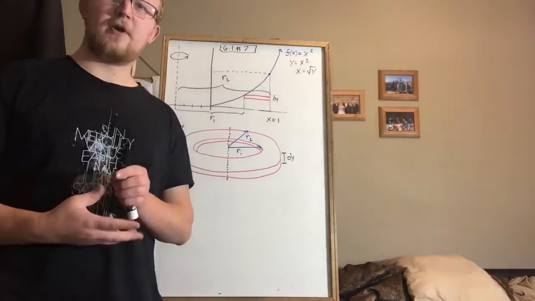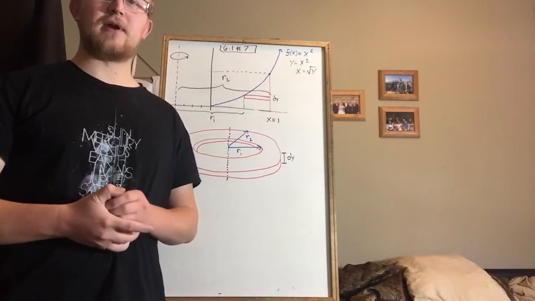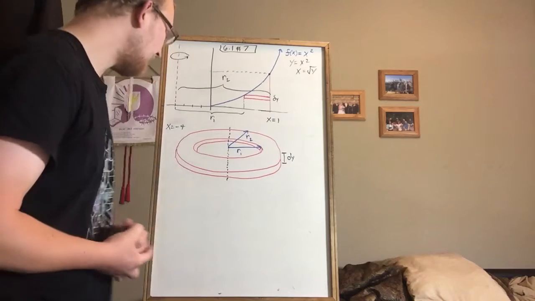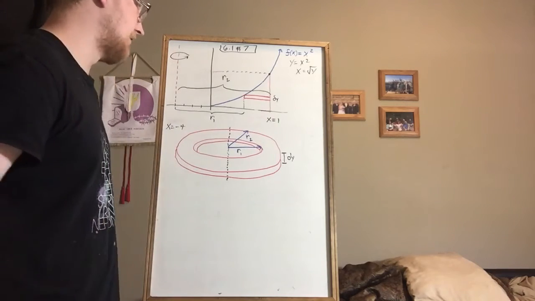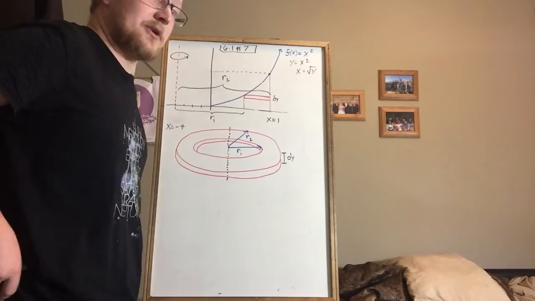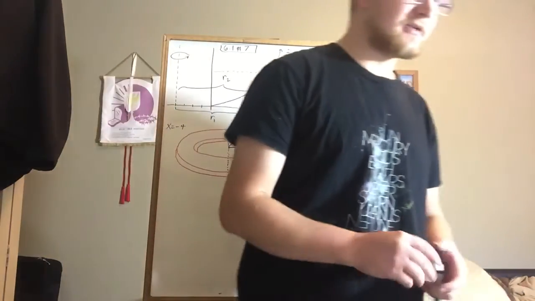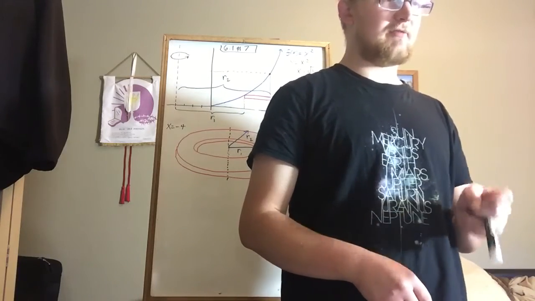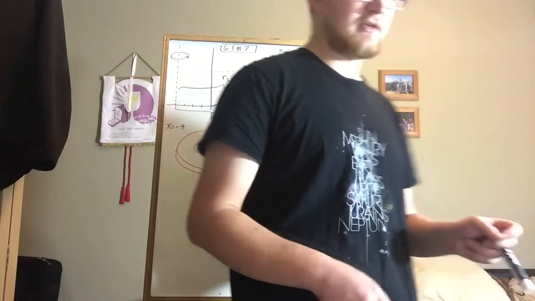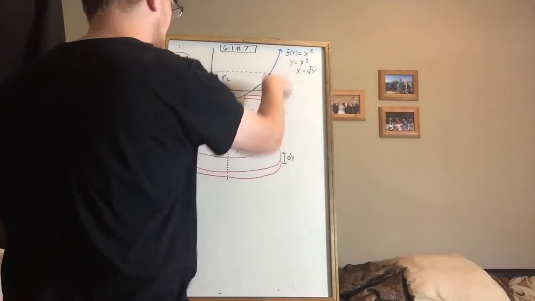Alright, we're looking at 6.1, problem number 7. We're using revolutions of solids and integration in order to find the volume of a symmetrical figure in this case. It says, find the volume of the solid generated by revolving the following regions about the given axis. It says the region in the first quadrant, so here's the first quadrant,